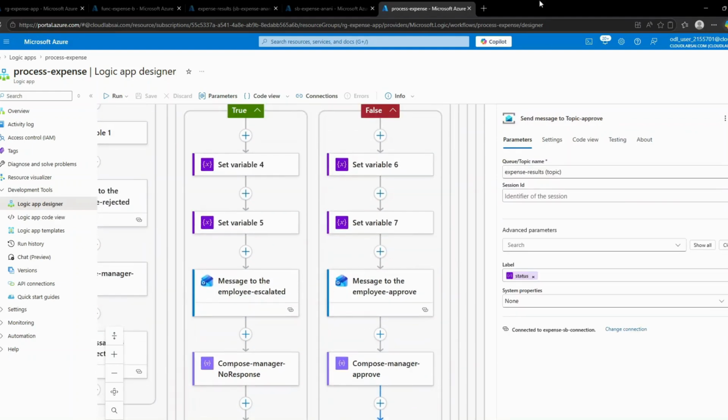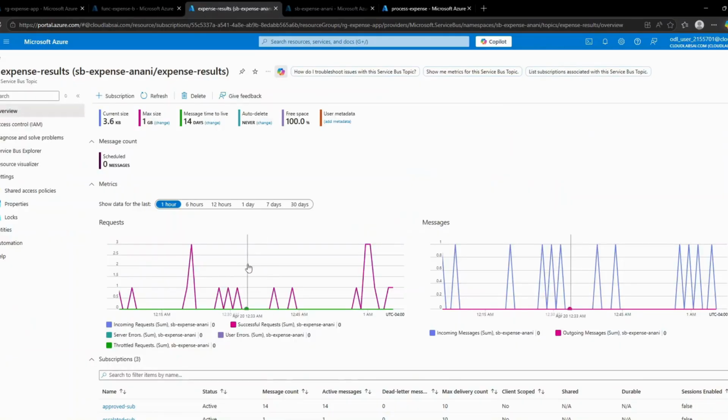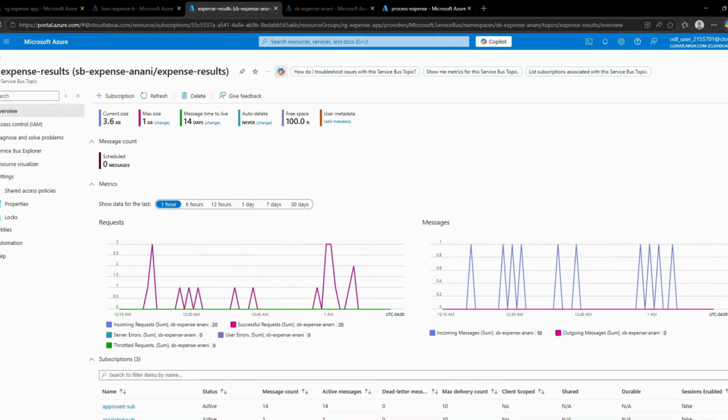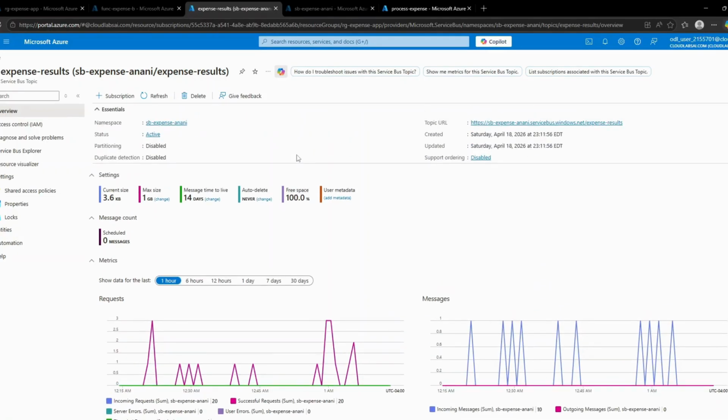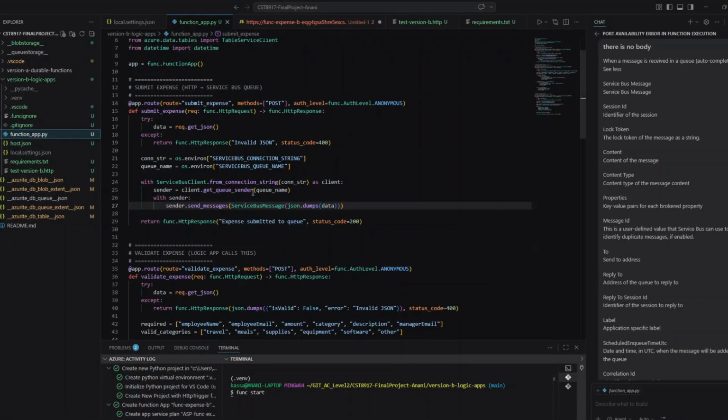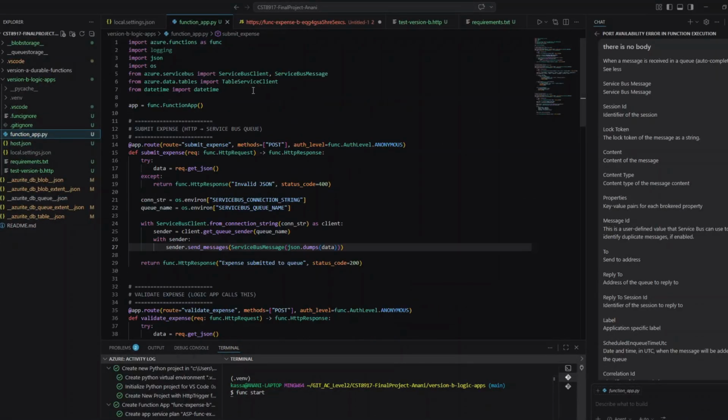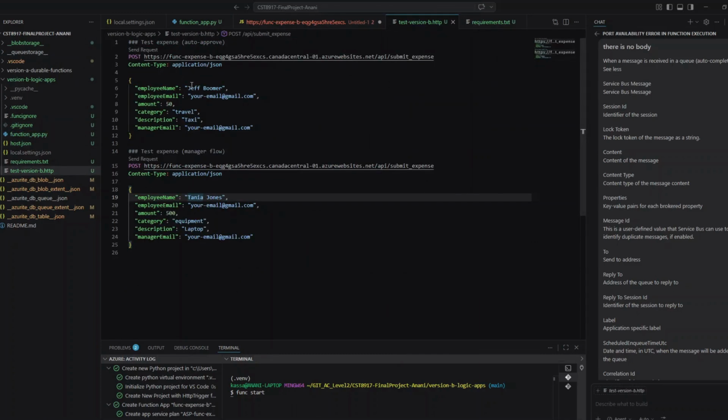Okay, so let me show quickly my topics here. So here are my topics: approve serve, escalated serve, and rejected serve. So I'm gonna make a demo here. Let's go with this one first. I made an HTTP request for myself to be able to make that demo quicker. So here if I click on send,